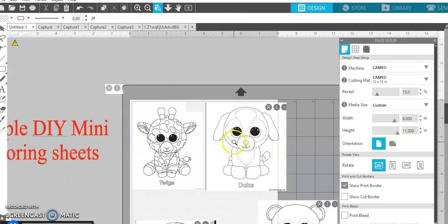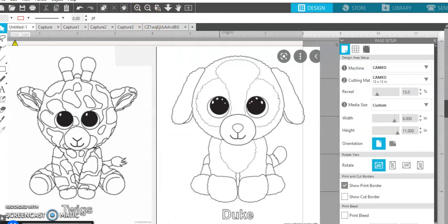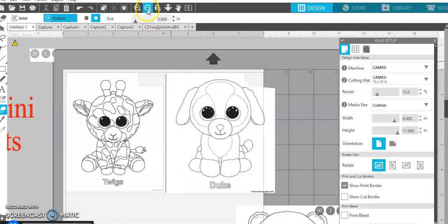Duke here. So obviously I have a little bit more lines and things that need to be cleaned up. Another option you can always try is the eraser. This works just as well. This way I'm just omitting the things that I don't want to print from my computer, basically. So on this guy, I do have this big long black line, so I'm just going to run my eraser